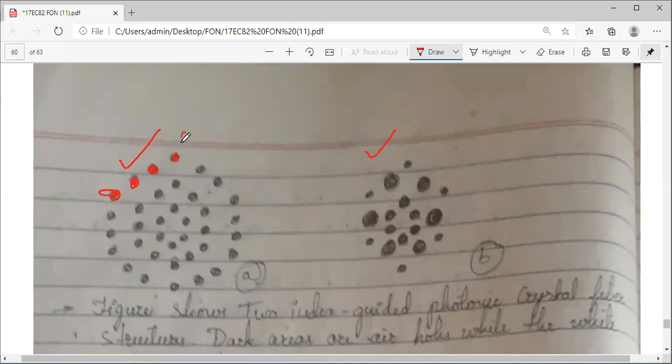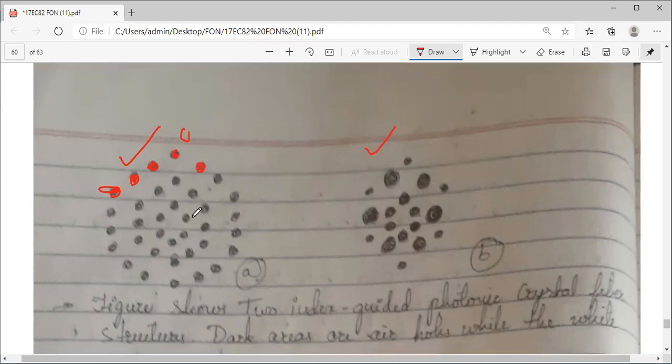I'm just indicating that they are air holes. So for air holes, I actually have to draw the structure showing the empty inside, but I have filled it with some black color, indicating don't think that it is fully solid. It is actually the air hole. Okay. And the structure you can see, it is a hexagon.